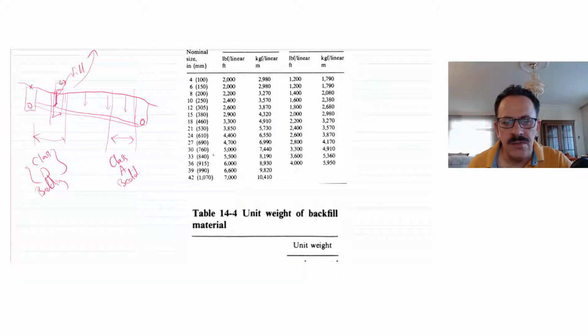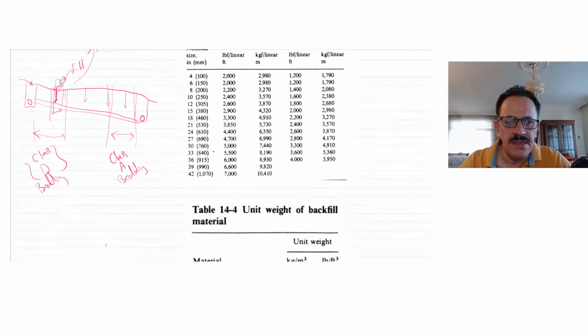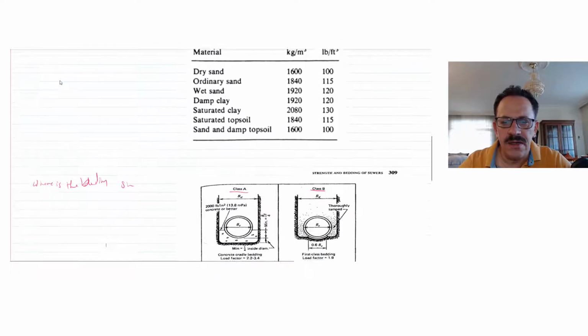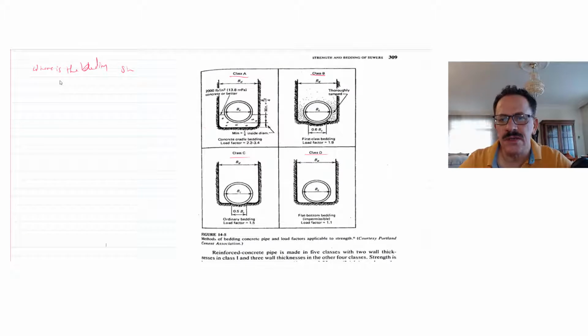And you may ask, how should we decide where to put Class A and where Class D? And what is the difference between them? The difference between Class A and Class B bedding is the load on it, called the load factor. We have to use, for example, Class A if we have a load factor between 2.2 and 3.4, and I will come back to these numbers.